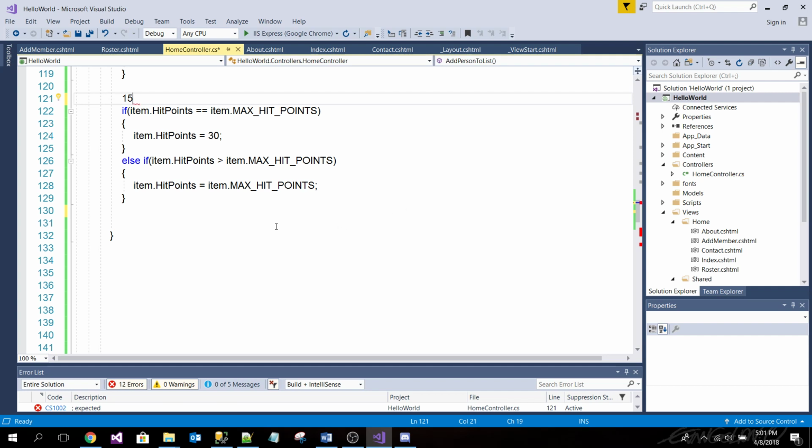Read that piece of code out. If you're 15 and not equal to 20, then you skip the first line. Else if your hit points are greater than 20, which is not the case, you go to the next line and there's nothing else. So nothing happens.